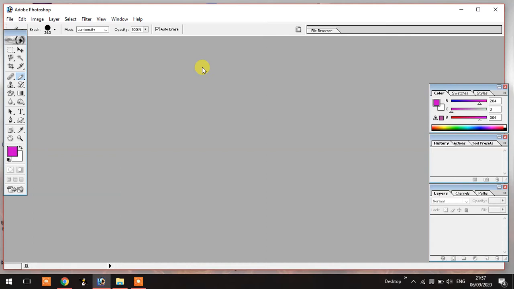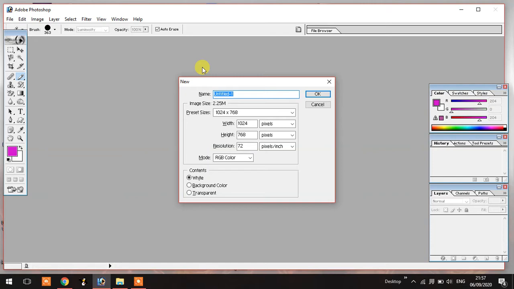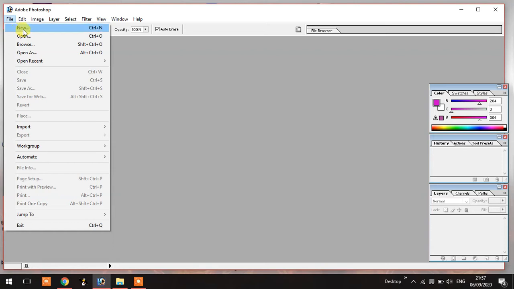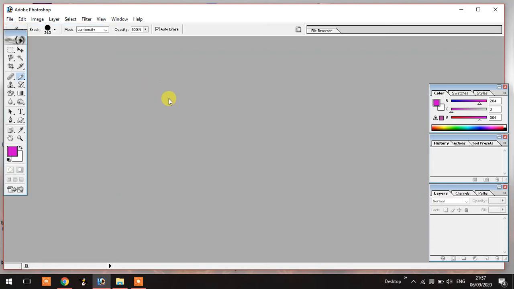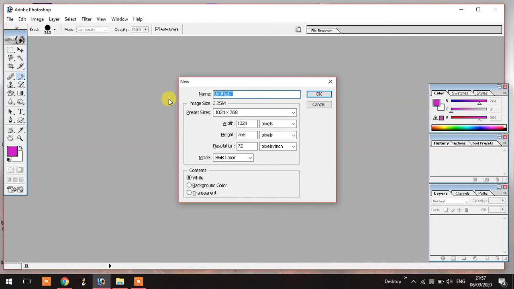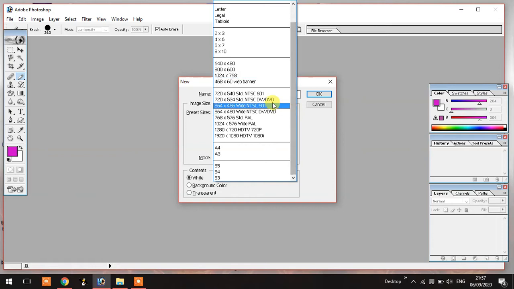First of all, you have to create a new layer by pressing Ctrl and N key. You can also create a new layer by clicking File and New, or simply press Ctrl plus N. And then after you can set the preset of any pixels.